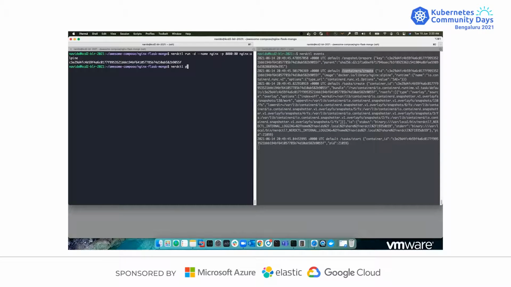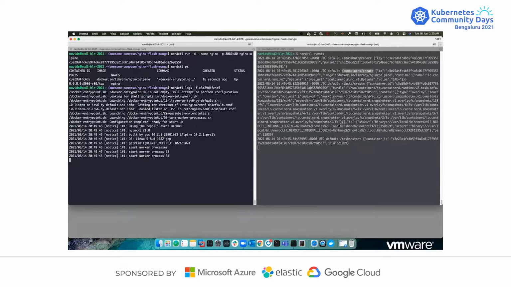Let's look at the ps command, which is the same as the Docker ps command, with which you can see the running containers. You can also look at the logs of the containers. Say if you are debugging your container on a Kubernetes node and you want to inspect the logs of your container, you can use the nerdctl logs command. As you can see, this prints the output in exactly the same fashion as the Docker CLI. Let's press Ctrl C to